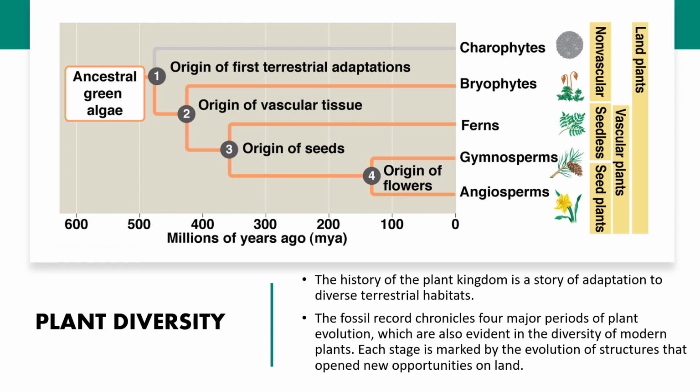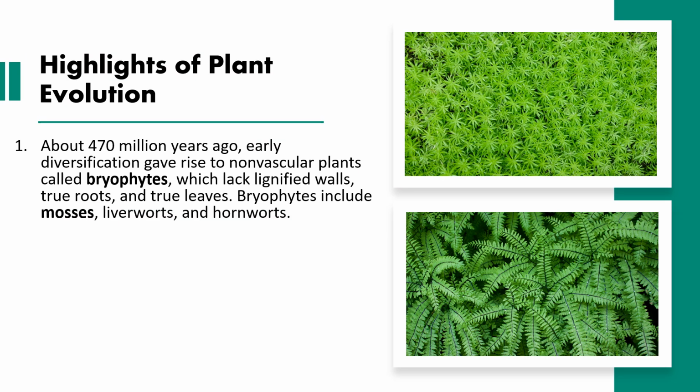So some of these are going to be the origin of vascular tissue, which is going to allow plants to move further away from water. They don't actually have to be sitting in it, they can be farther away. We're going to have the origin of seeds and the origin of flowers, which are going to be another. So here are the highlights of plant evolution. We're going to go through them, and then we're going to talk about the 4 different groups that we will